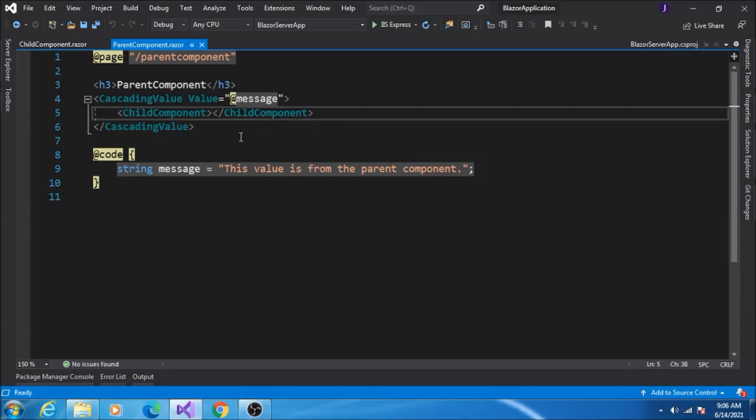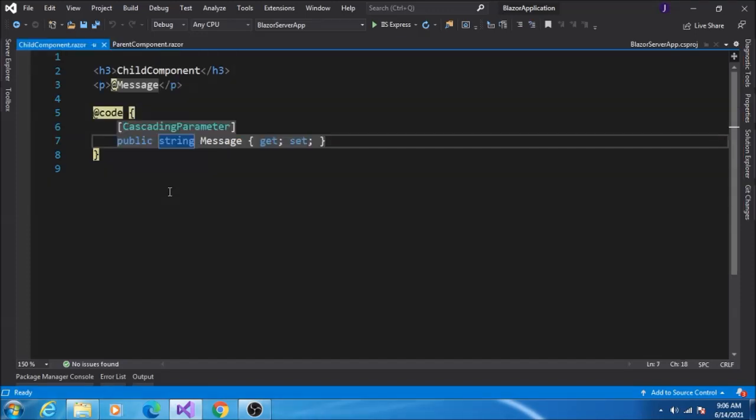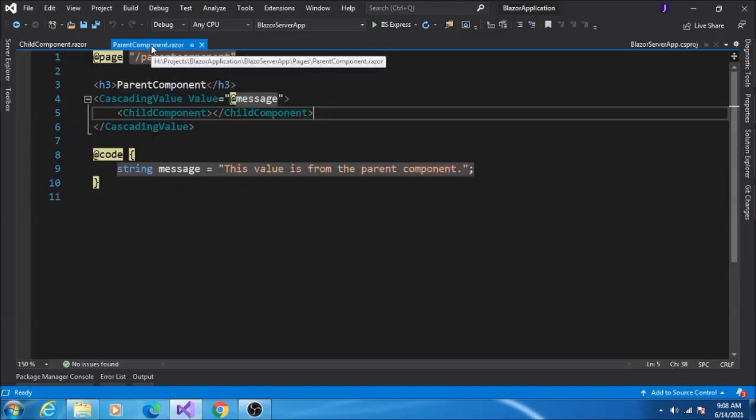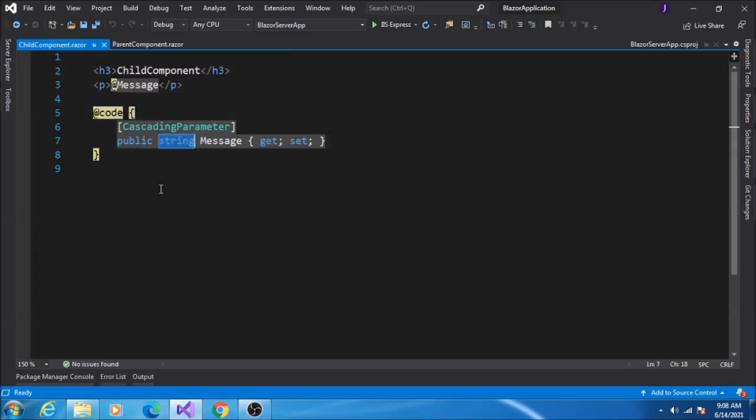This is that simple. And in the child component, I have declared a cascading parameter. It is required to add the cascading parameter attribute. Here, the parameter name does not need to match, but the type should match. It's a string. In the child, I have declared the same type.